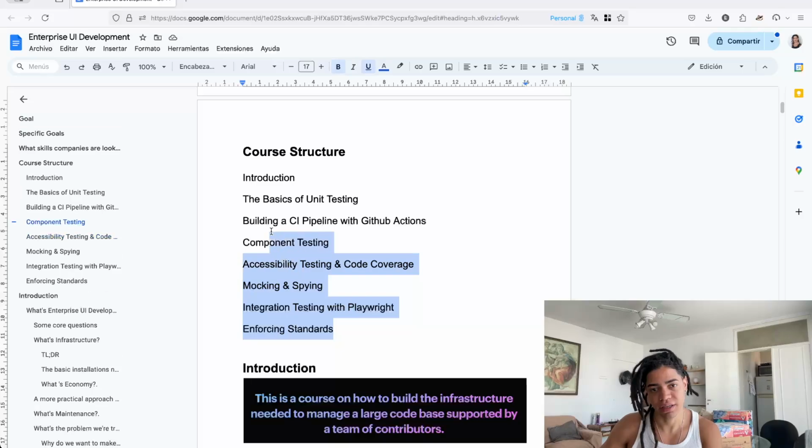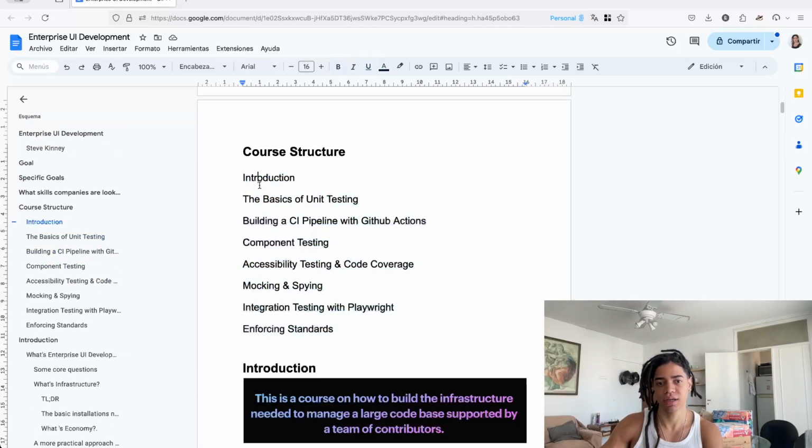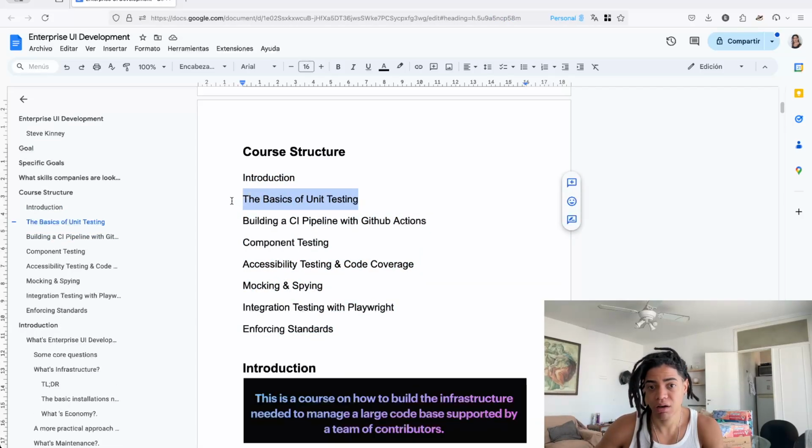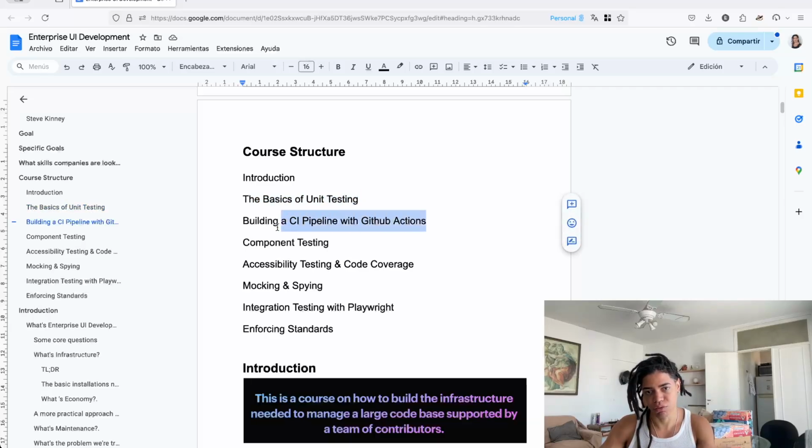But before that, this is now the core structure. This is organized in this way, all right? In the introduction we talk about what we are going to learn in this particular course, the philosophical and then the more realistic and practical approach of what you're going to face in your work, as well as the basics of unit testing, which is part of the system needed when you are going to aim for that goal, which is maintenance, and also how you can